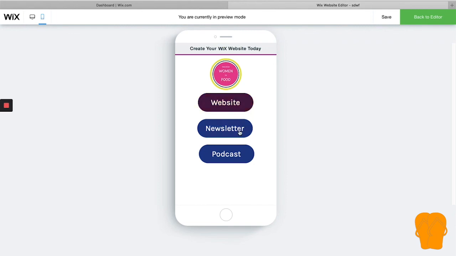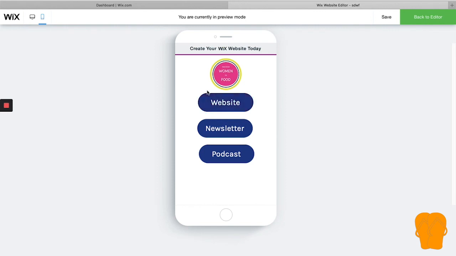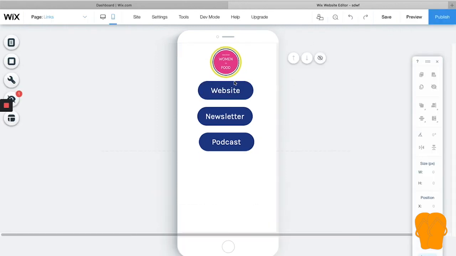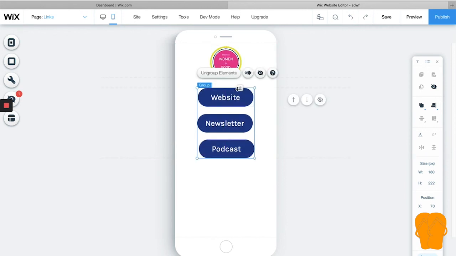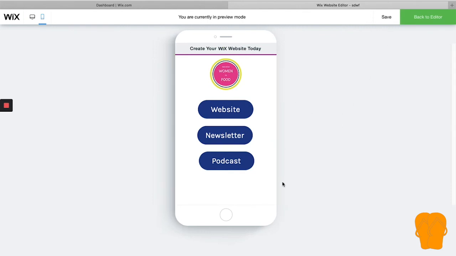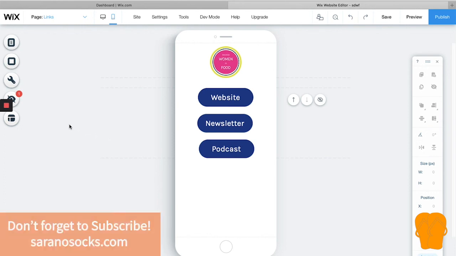So now you can preview this. And remember, we don't really care what it looks like on this particular setting. On a desktop, most of the time people aren't going to be opening this on a desktop, although they will, so you need to look at it. But this is again for social media, so we want to see how does it look on a phone. Now, Wix can be a little bit tricky, as you'll see. It's not exactly spaced out like it was over here. We had a bit more space. So the nice thing is when you change it on mobile,